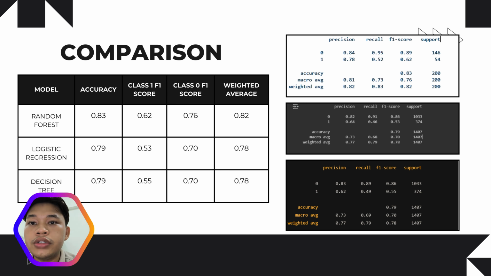For the weighted average F1, random forest gives a score of 0.82, and decision tree and logistic regression give the same score of 0.78, with a better F1 score of 0.62 for the minority class. The random forest classifier outperformed the other two models in terms of total accuracy, which is 0.83, and balance between the two classes. It is the best model for this classification challenge because of its excellent macro and weighted average F1 score, which show strong performance even when the data is unbalanced.